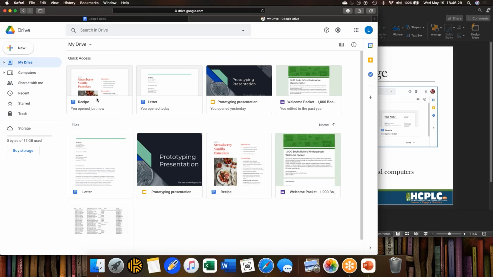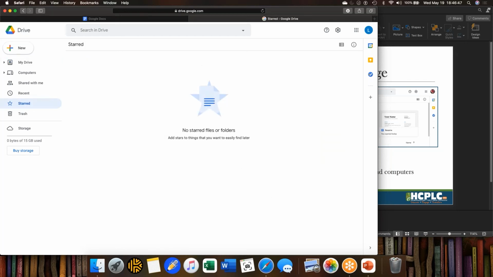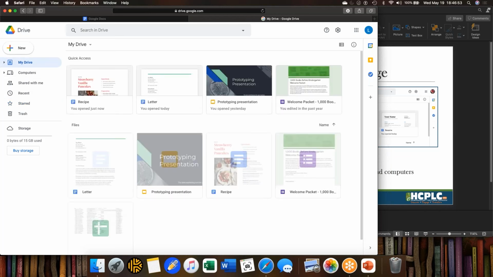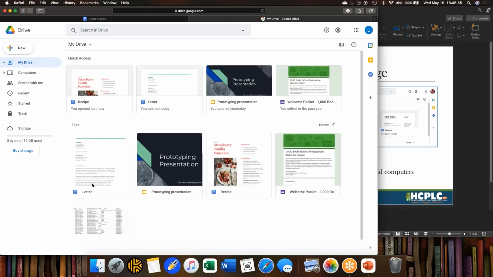Something that's very useful with Google Drive is, say you have many, many files here, 15 gigabytes, that's a lot of storage, and you need one in particular, or there's one that you come back to, so you're updating your budget every month, and you don't want to wade through all of those files. Starring your documents means that they will show up here. So to demonstrate,